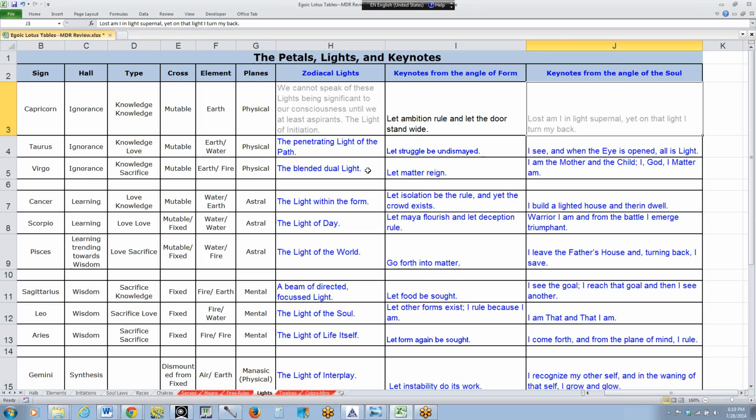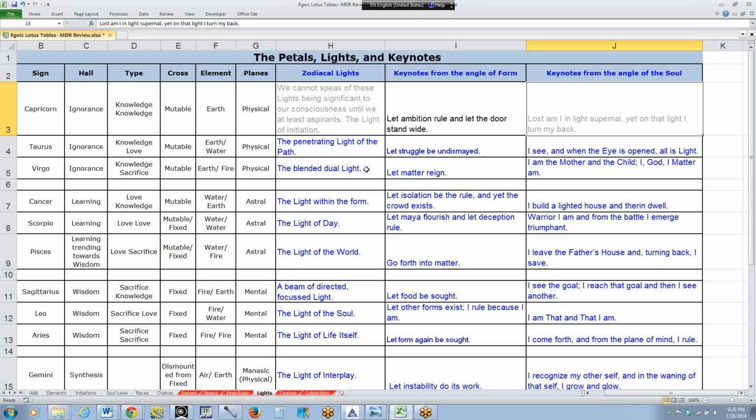It's less oscillating. The light within the form, well, it's certainly there before we are really aspirants, but it is going to be brought forward into radiance by Vulcan and by the application of soul light. The light of day, glamour and illusion will end, and we'll rise onto the Buddhic plane. So, it's more an eighth petal kind of thing, and going on even beyond that. The light of the world, I am the light of the world, and this has to do with a stage even beyond the 12th petal, when the Christ has taken the 5th initiation and even the 6th, and makes this